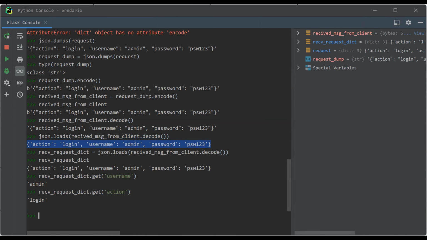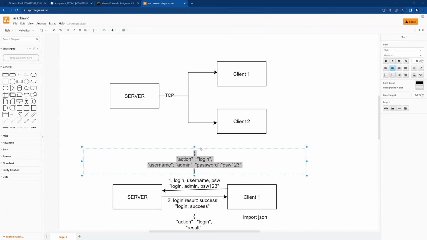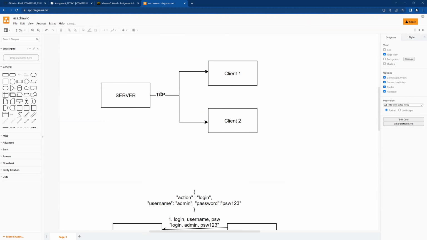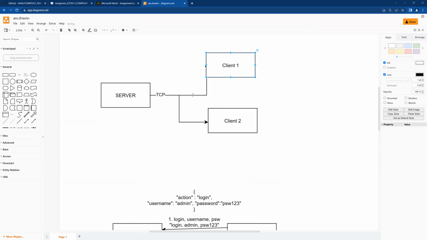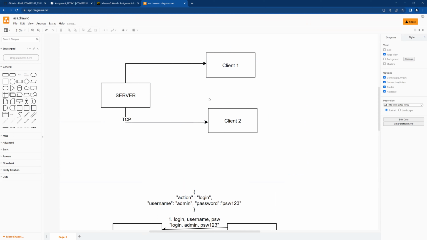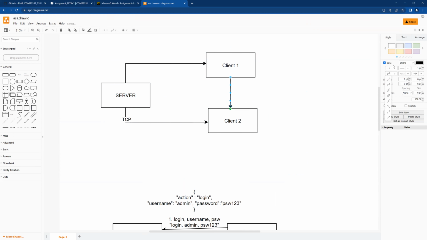Okay, so what's next? Let me have a check. Okay, so we come back to the server design. Let's talk about the TCP connection here. So the whole structure is like this. The server can use different TCP connections with the clients. And the clients will also be able to communicate with each other by using